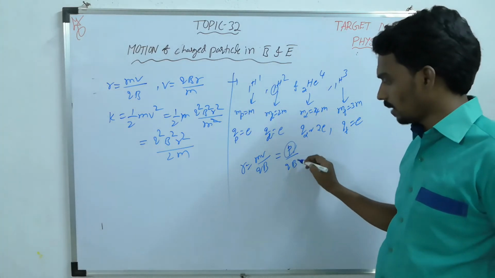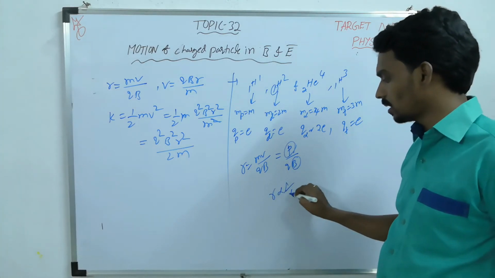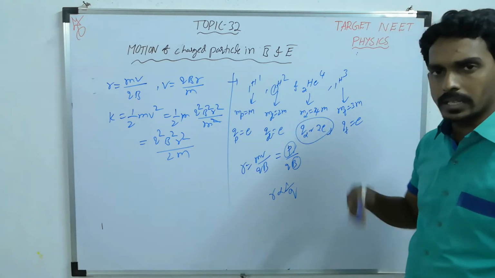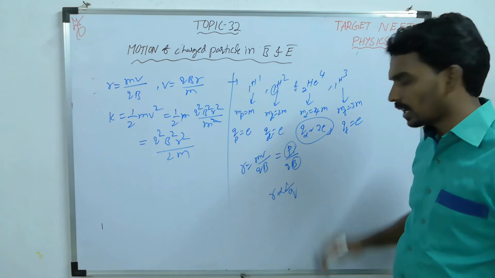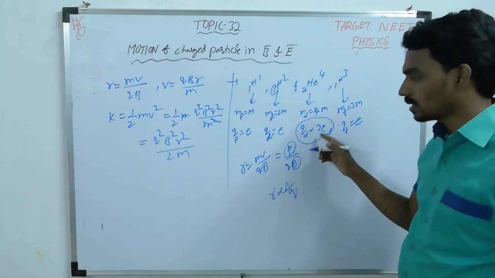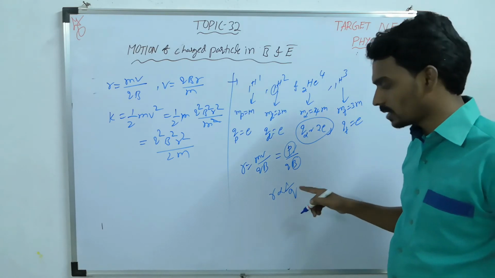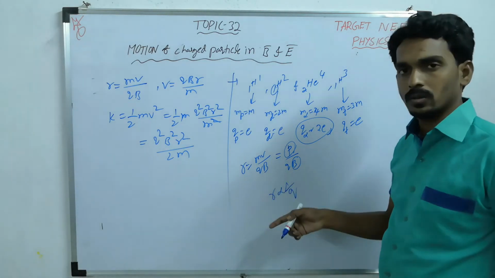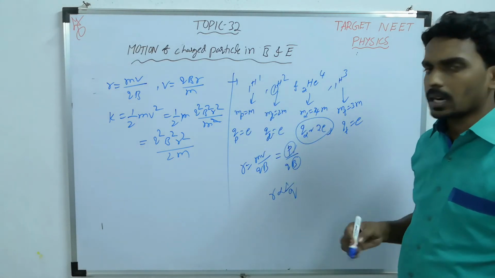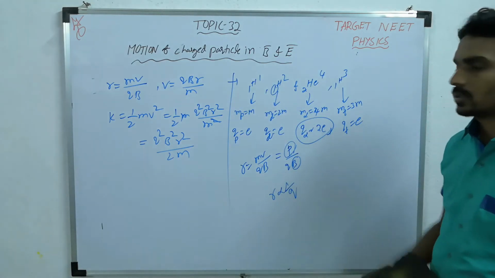So momentum is the same, magnetic field is the same, then R is inversely proportional to what? Q. Here the alpha particle has greater charge, so smaller radius. The other three have the same charge but lesser than this one. Less charge means less denominator, so more value. So greater the path, greater the radius. Like that, comparison based questions they will ask you.